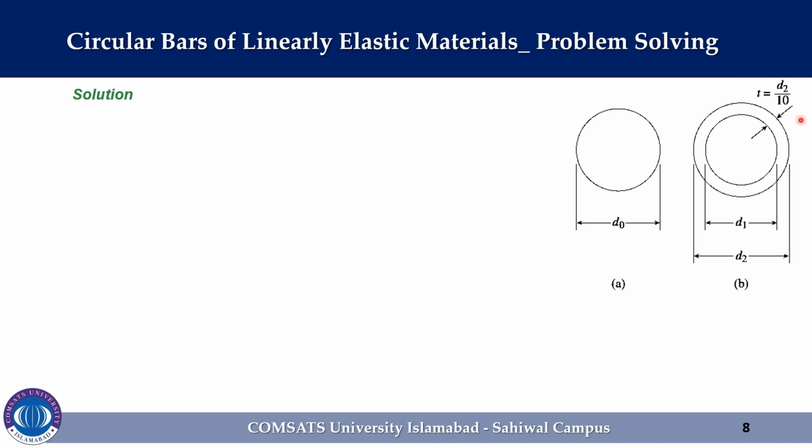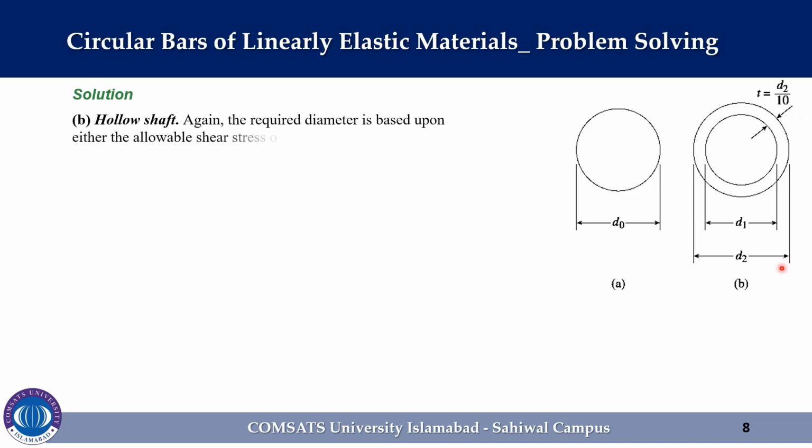Once again, the required diameter is based upon either the allowable shear stress or the allowable rate of twist. We begin by noting that the outer diameter of the bar is d2 and the inner diameter is expressed as d1 is equal to d2 minus 2t. Put t is equal to 0.1 d2 as given, that the thickness of the shaft is 1/10 of the outer diameter, and d1 will be equal to